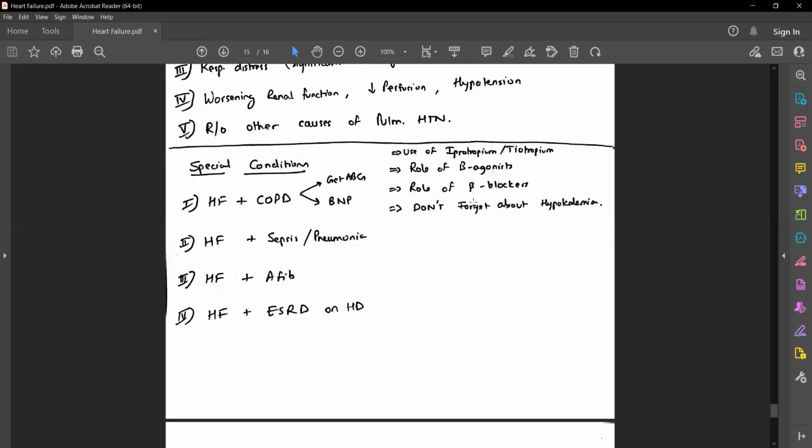Then patients who have heart failure with AFib, I already went over this in my session on atrial fibrillation. If the patient is having heart failure with preserved ejection fraction, is not hypotensive, you can use a non-dihydropyridine calcium channel blocker like diltiazem for rate control in AFib. If the patient is having HFrEF,